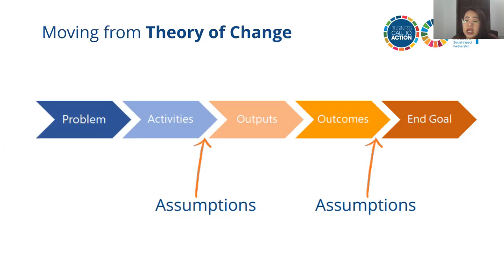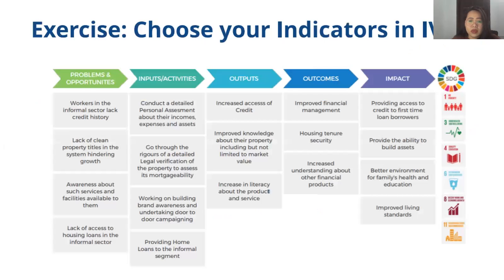So usually, ang nakalagay sa end goal, it is connected to the SDG that you will choose, all right? And the indicator of the SDG that you will choose and align, you make sure that it is aligned with your goal and your startup by checking out the indicators. Okay. So here is the example of an exercise of an impact value chain.